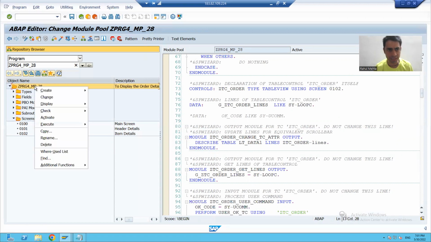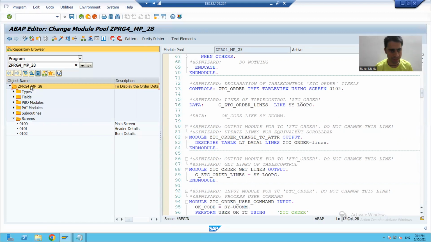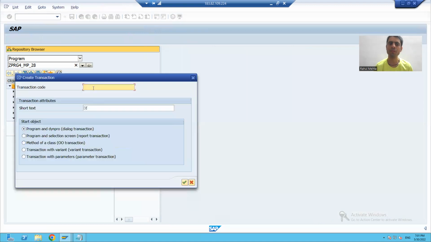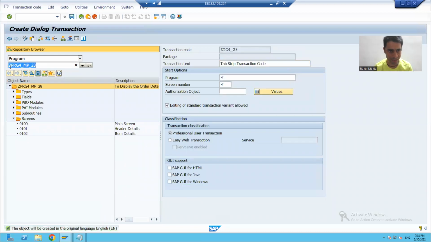Now I will create a transaction code so that we can run a module pool program. So I'll simply right click on the program, create transaction. So this is my 4th transaction code for module pool program which I am creating. I'll say it's a tab strip transaction. We will simply choose the first radio button because module pool program is a dialog programming. Okay. I will pass the program